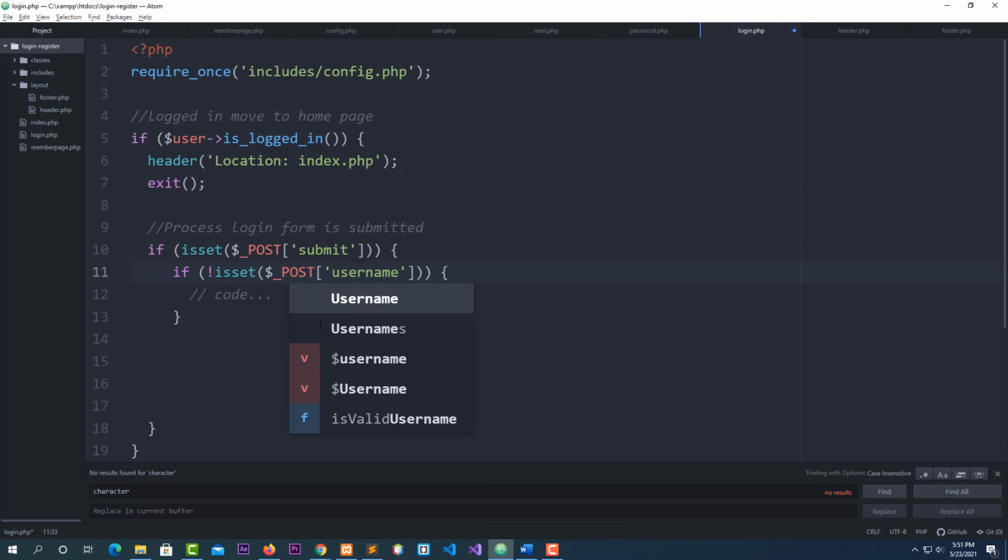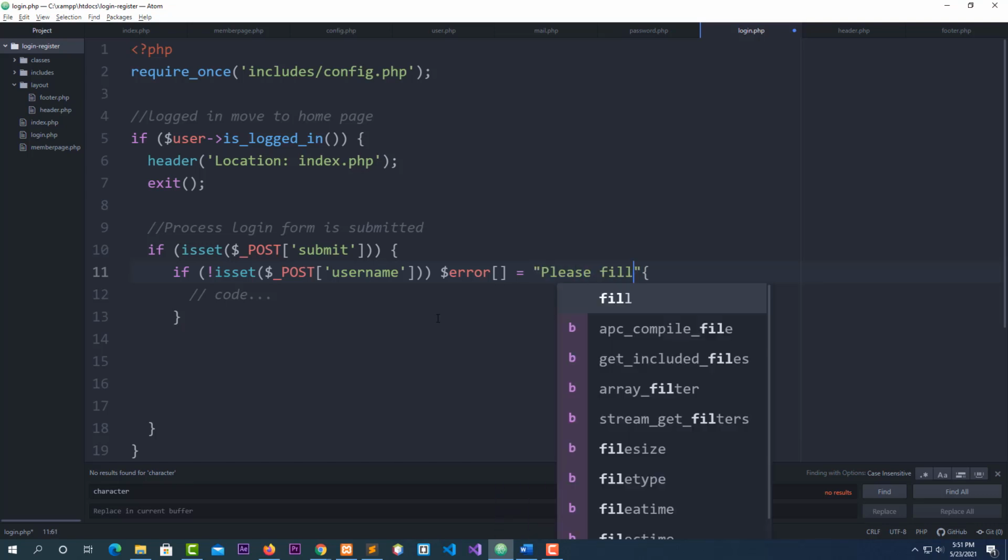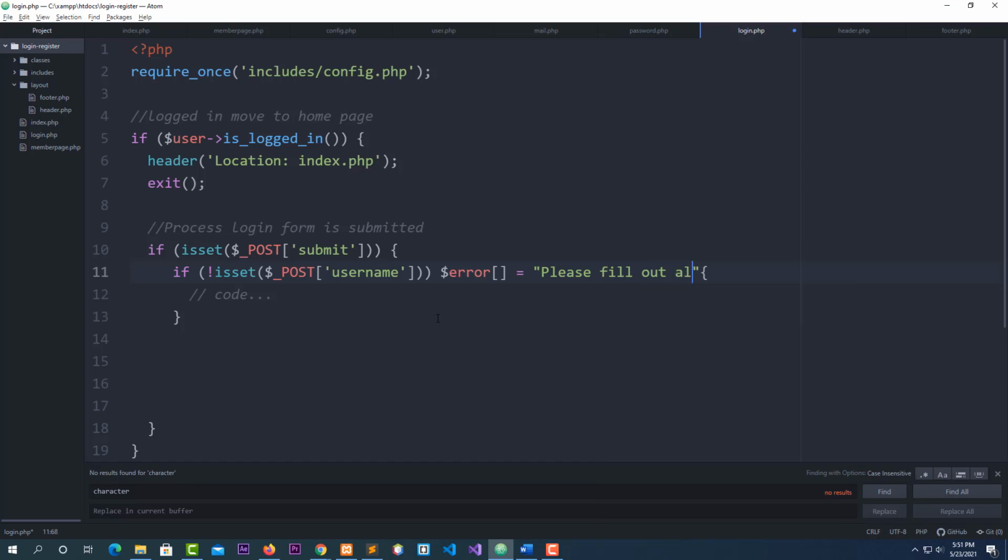If the user has not entered a username, I have to create the error message here. I have to say $error, okay, like this, space, equal, space, double quote, and we'll say, please fill out